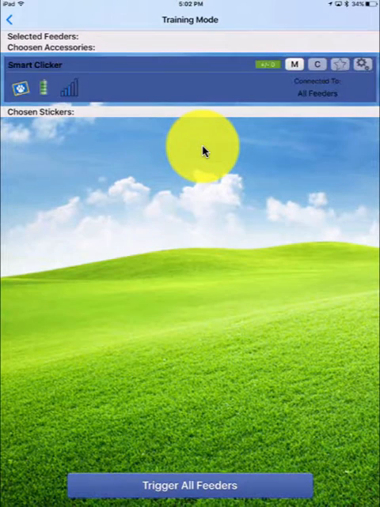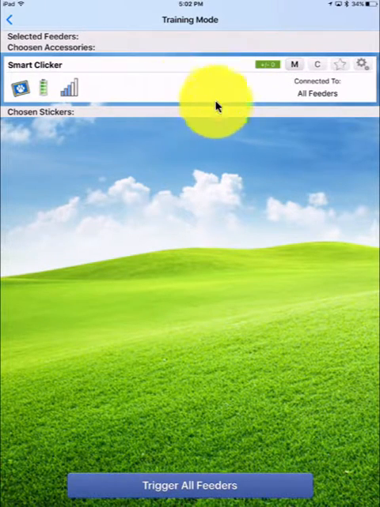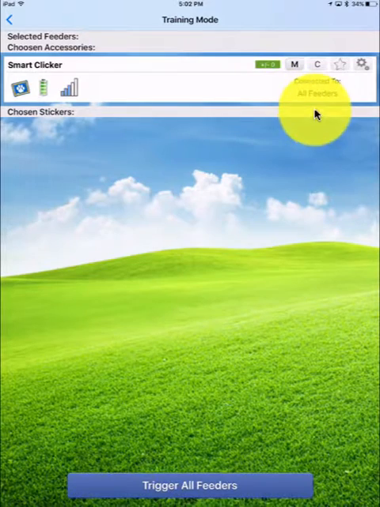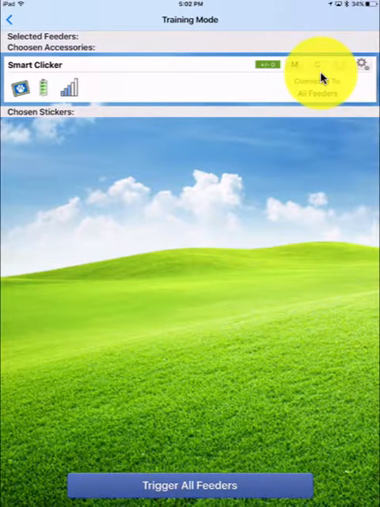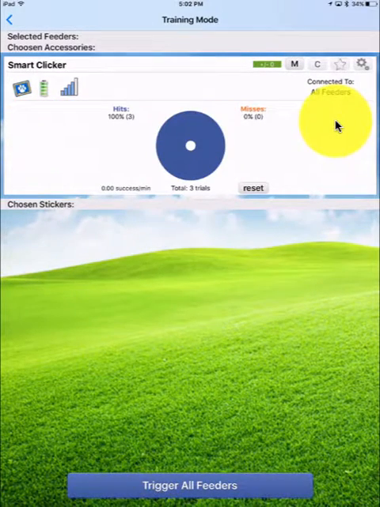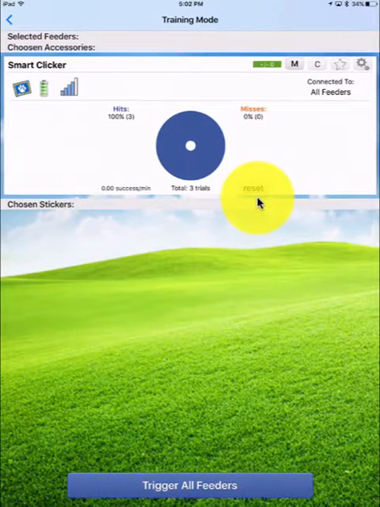So that's the basic operation of the smart clicker. And if there were a feeder and you associated this particular smart clicker to that feeder, it would send that command on to the feeder. So let's go into the criteria counter, which is this C button here. And if I press that, it'll be a little drop down window, and it starts a little pie chart. And I have a few clicks on that already, so I'm going to reset that,